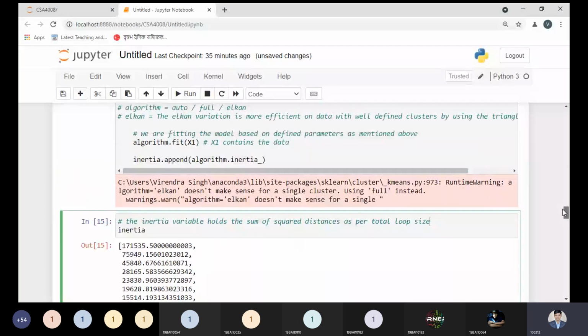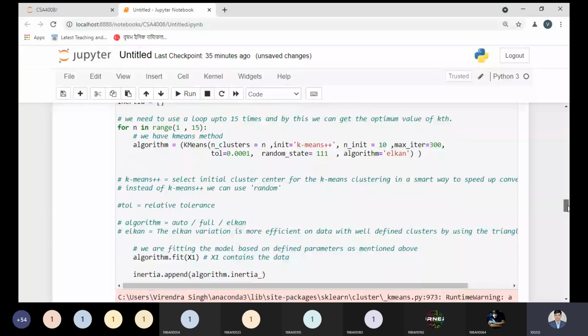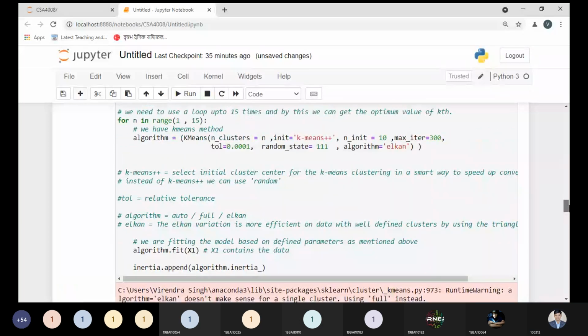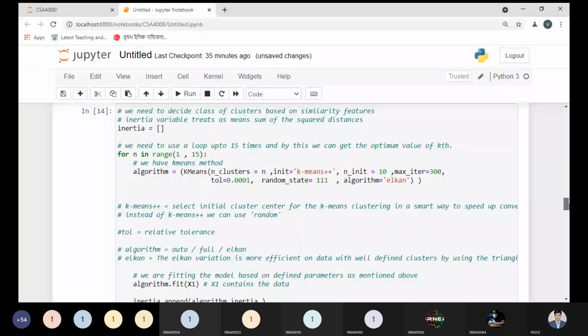Tell me, is this part clear? What we are doing? Any doubt you are having? Please keep in mind, we are not fitting the model by our testing or training data. We are fitting the model based on some parameters, that is, we have to use the cluster. Is this point clear? Tell me right now. Any doubt to understand? I have typed each and everything over here. Just tell me right now. Any doubt?